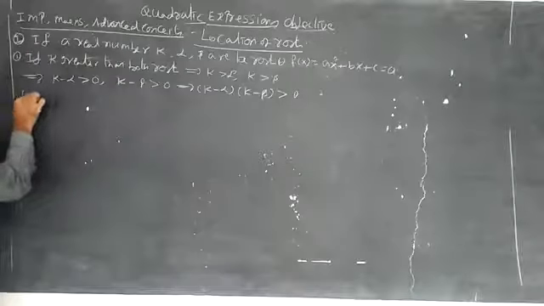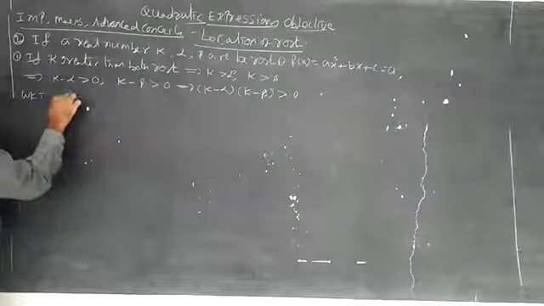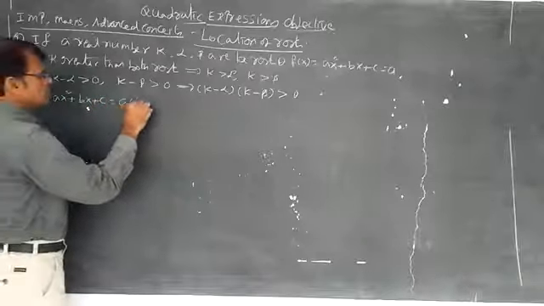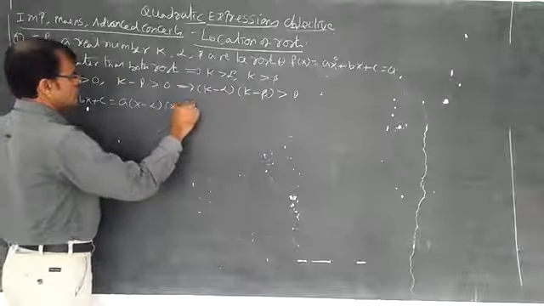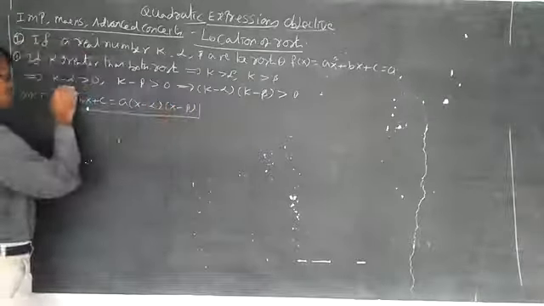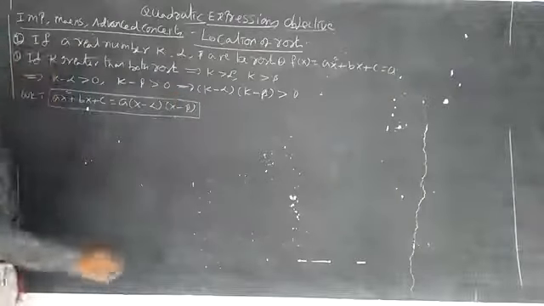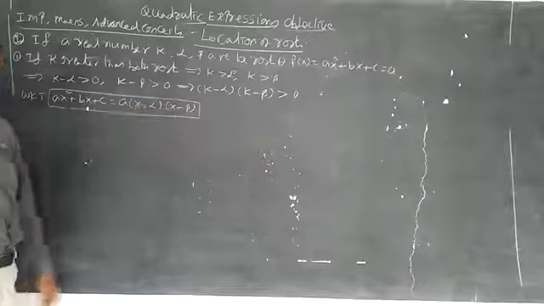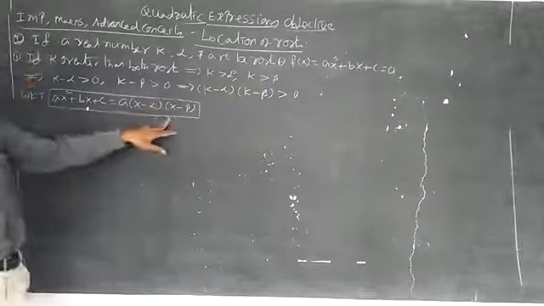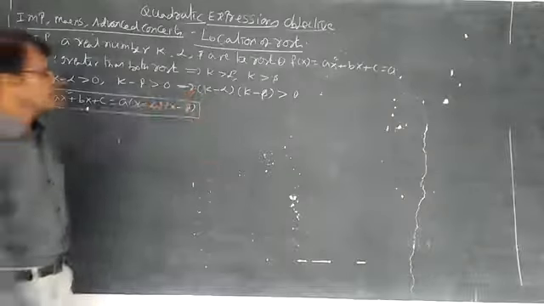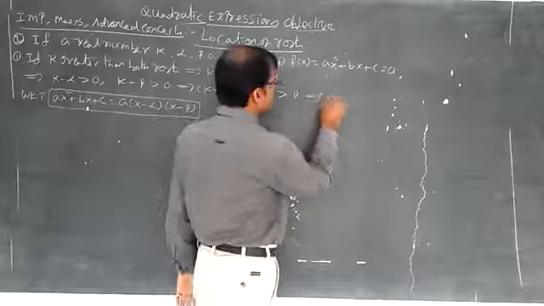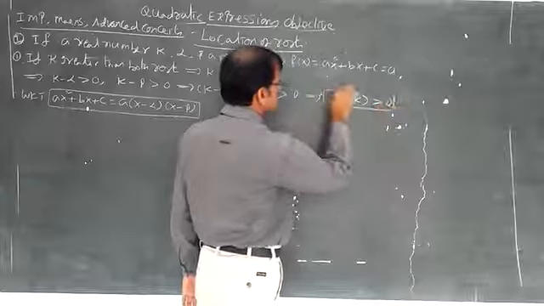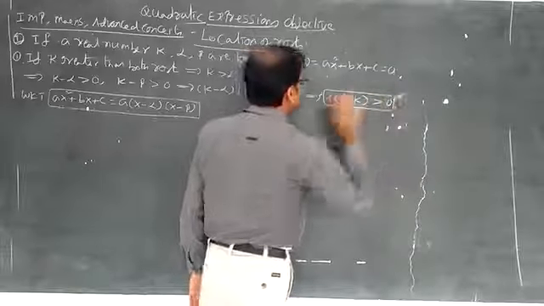Remember, we know that ax square plus bx plus c is equal to a into x minus alpha into x minus beta. Already we have learned this one. So whenever x minus alpha and x minus beta is there, you can write a into f of alpha or f of beta like this. If k is there here, a into f of k concept. Whenever it is greater than 0, you can say the condition a into f of k greater than 0. Put a box here. This is the first condition. Okay, next.